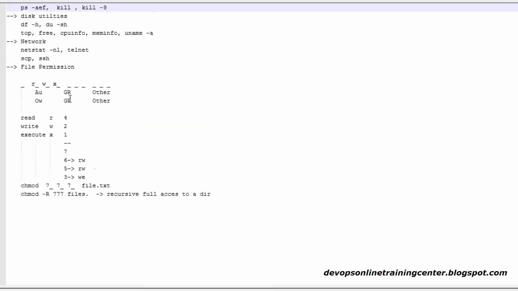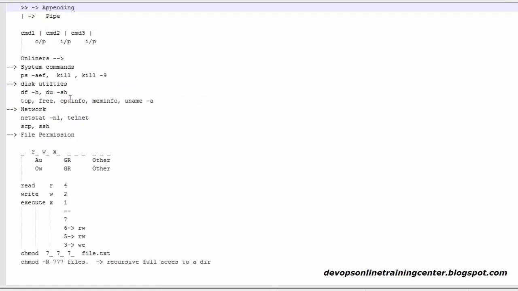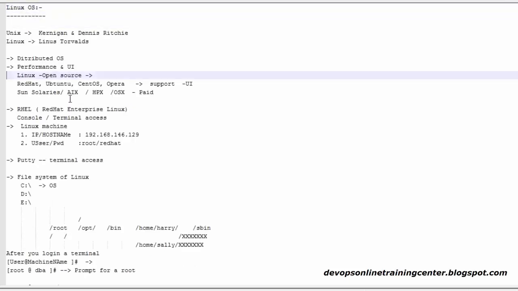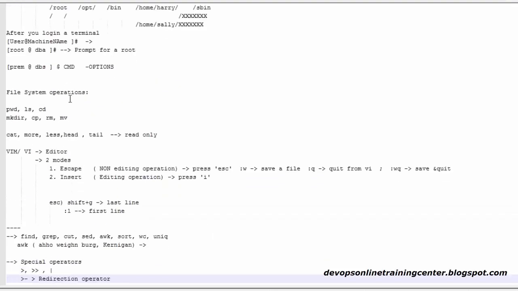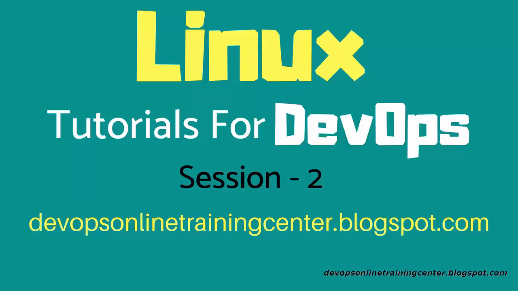So with this, the very basic things, and at the same time a few day-to-day usage commands, we have gone through in Linux. If you can go through all these commands and perform some use cases, see, learning the commands is easy. You can even go to Google, search for some good materials, download and read them. But you actually learn all these things by performing some hands-on. You have to do some exercises, and at the same time find some use cases and try to solve them. Then you learn much better.